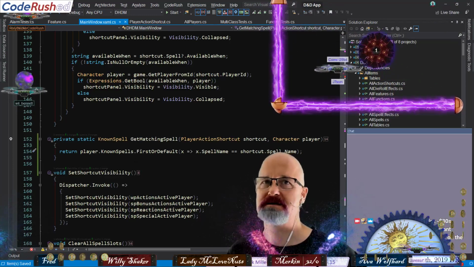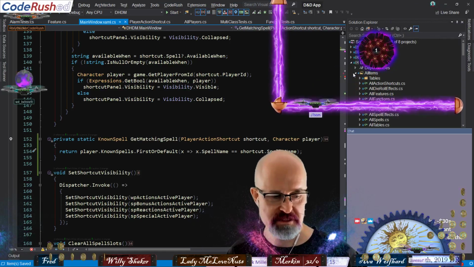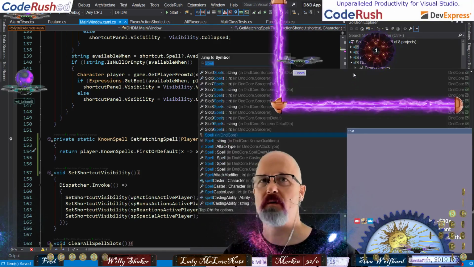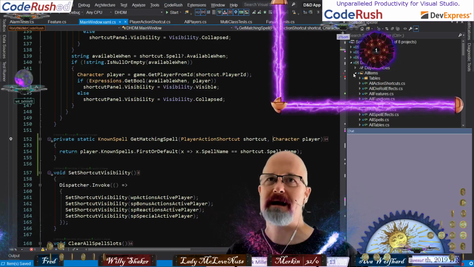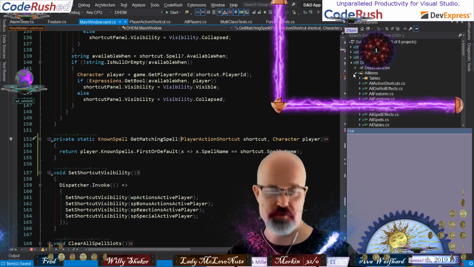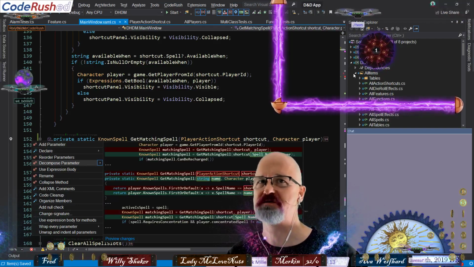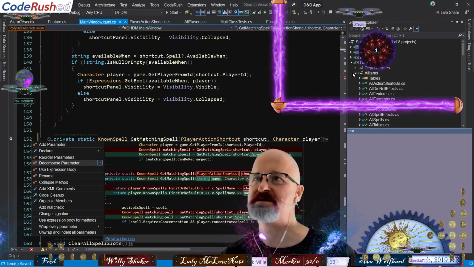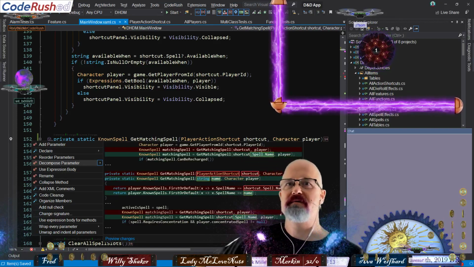But here's the deal, kids. I want decompose parameter right here so I can pass in only the spell. Whoops, not there. Here, it's not here. There's no decompose parameter here. I got it here, but it's going to decompose to the string. And we have this in CodeRush for, wait, do I have a submenu? No, it's not. That's just the preview over here.